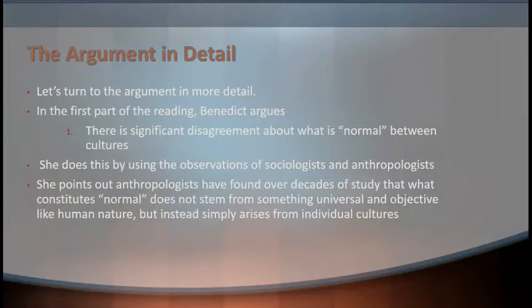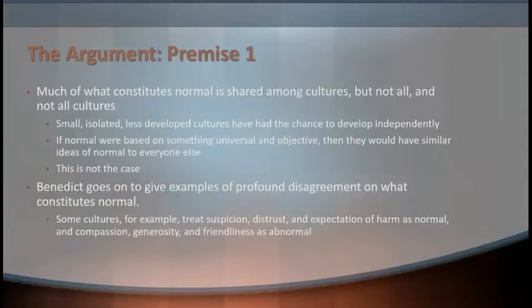She points out that anthropologists have found, over decades of study, that what constitutes normal does not stem from anything universal or objective like human nature, but instead simply arises from individual cultures. You see, much of what constitutes normal is shared among cultures, but not everything, and not all cultures. Despite the fact that what's normal is pretty much the same throughout, say, Western Europe or the Americas, it turns out that in plenty of other situations, what's normal is radically different from what